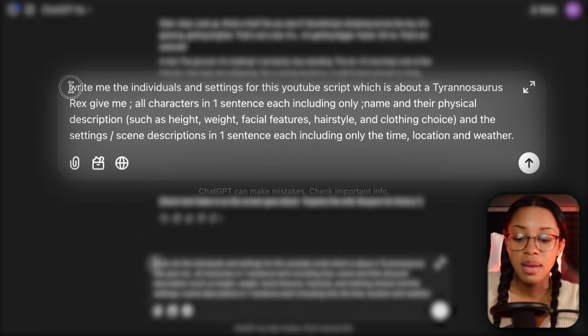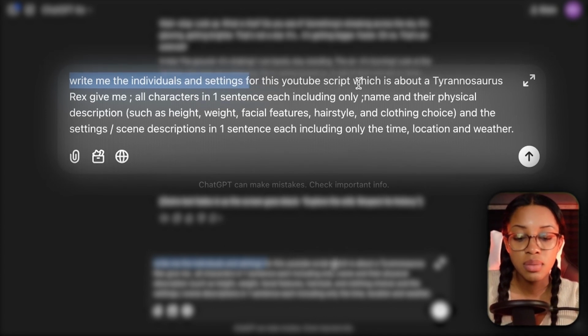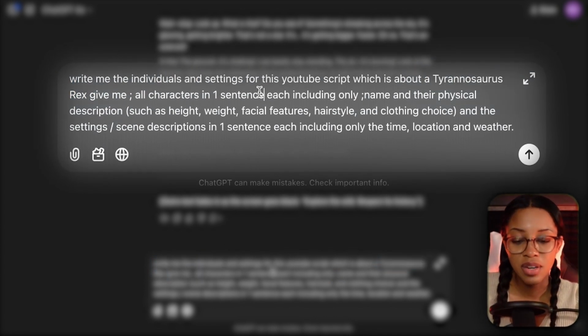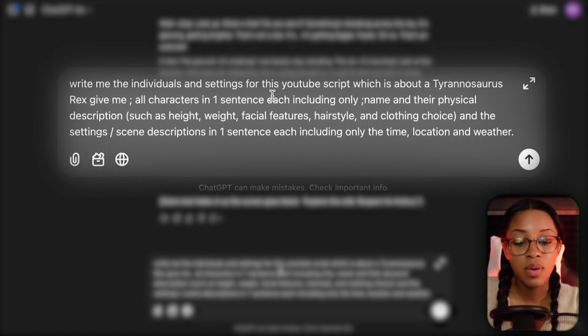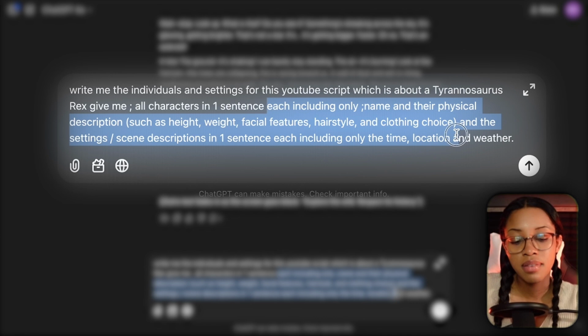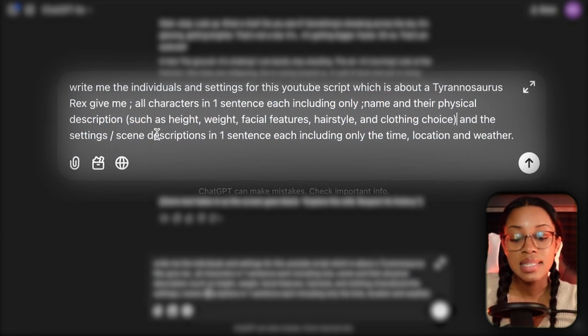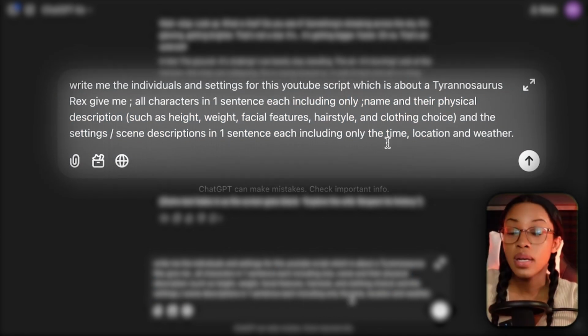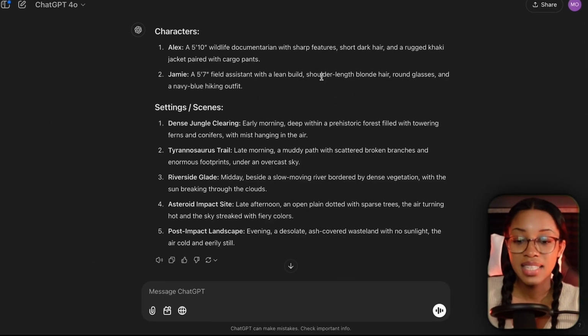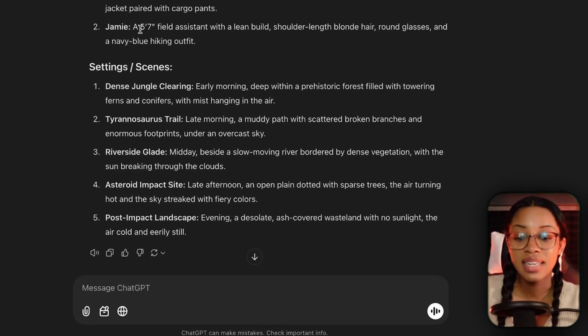So the prompt says, write me the individuals and settings for this YouTube script, which is about a Tyrannosaurus Rex. Here you would insert your own script topic, and then it says give me all the characters in one sentence each, including the name, physical appearance, description, and then I said a bit about the description, and the settings are scene descriptions in one sentence each, only including the time, location, and weather. Hit enter. And now as you can see, ChatGPT has gone ahead to give us the characters and the settings